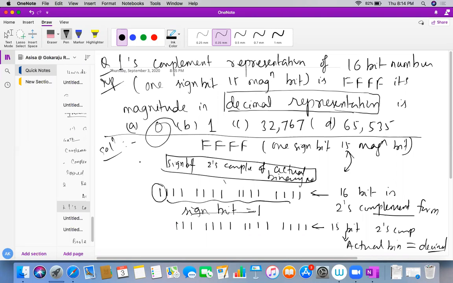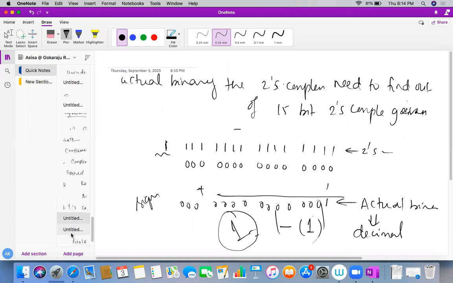All of you understand, students? Any doubt on this? This type of question you can expect actually. Okay, any doubt, or can we proceed further? No doubt, sir. Okay, so we'll go to the next part.